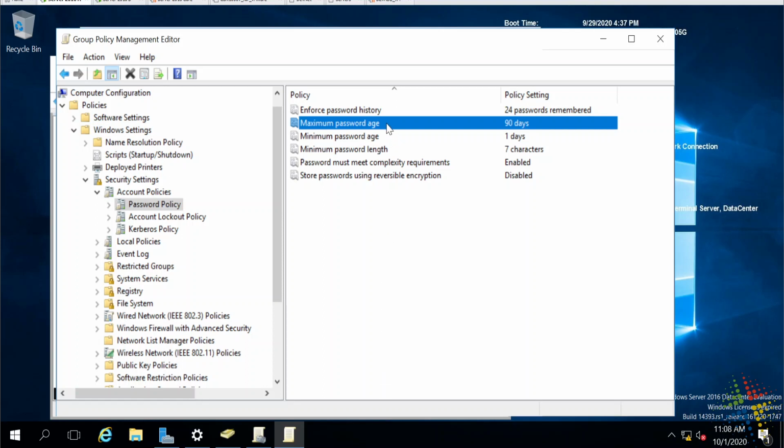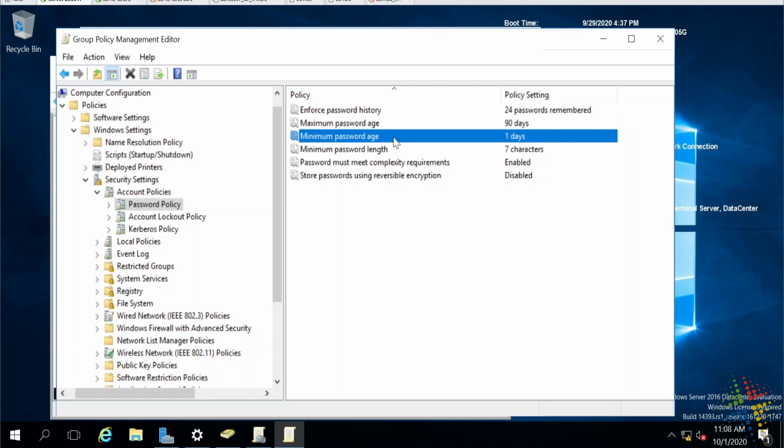So that's the maximum age, or how long they can keep their password until they have to reset it. There's also a minimum password age, or how long they have to have a password before they can change it. Now, a minimum password age actually ties in very neatly with this enforce